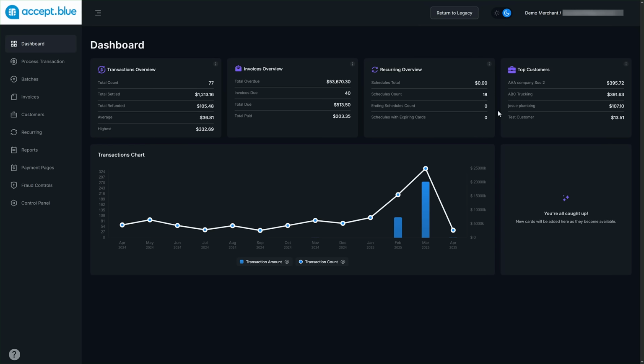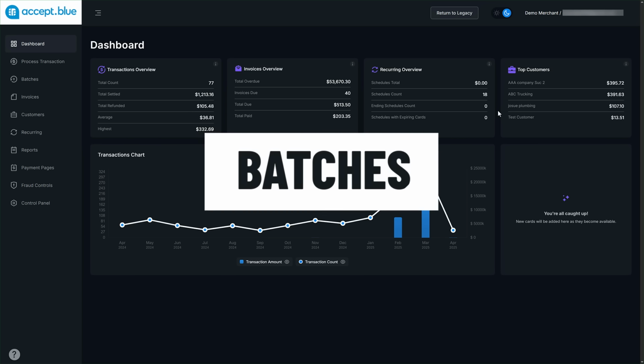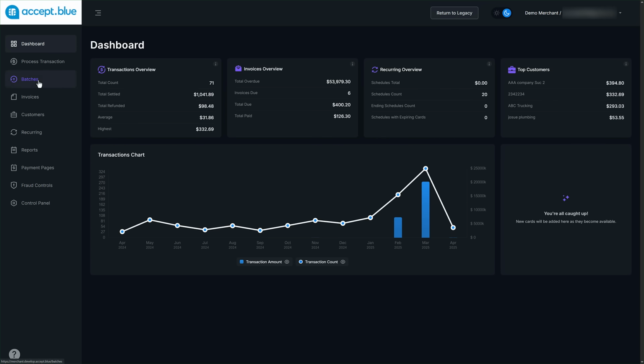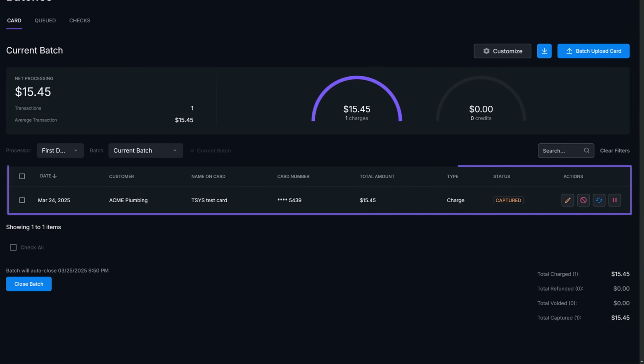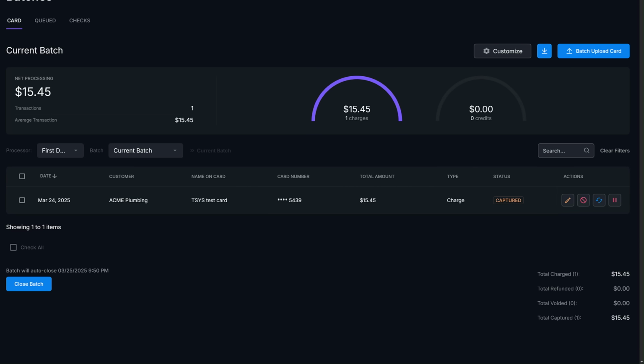Today we're going to explore the available actions on the Batches tab. This is where transactions will first appear once processed. These transactions will remain in your Batches tab until the batch closes next. Your gateway automatically closes batches up to 3 times a day, but you can also manually close a batch at